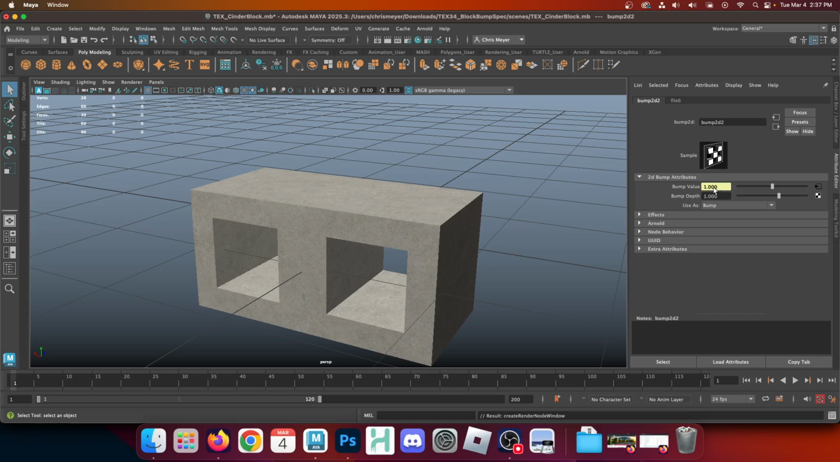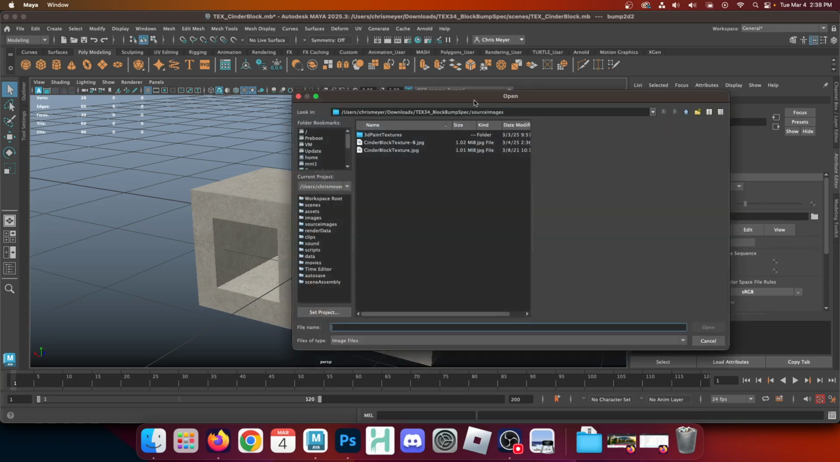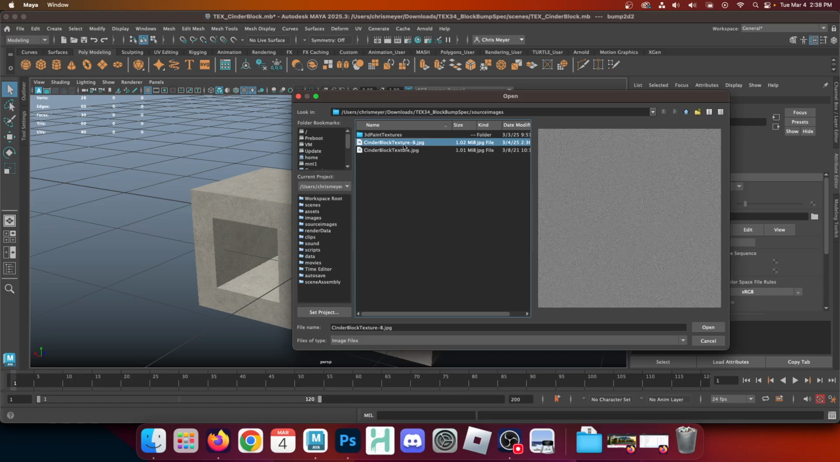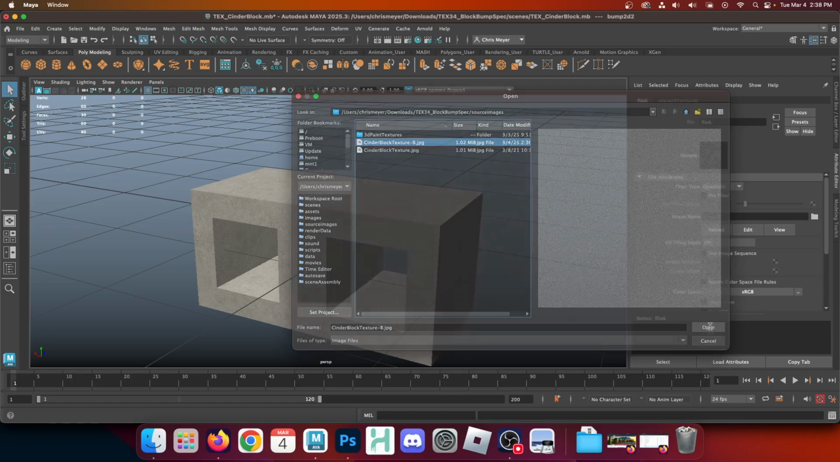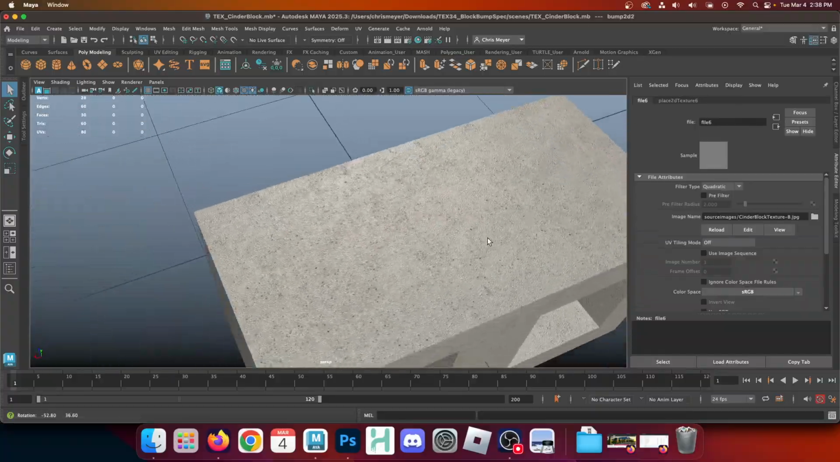You can see it's got this highlighted part here, and there's a little arrow. That is where your texture lives. So I'll click through to the bump value, and here it's waiting for me to assign my texture. When I click my folder, because my project is set, I can see Cinderblock texture B, open. And so now you can see how rough and